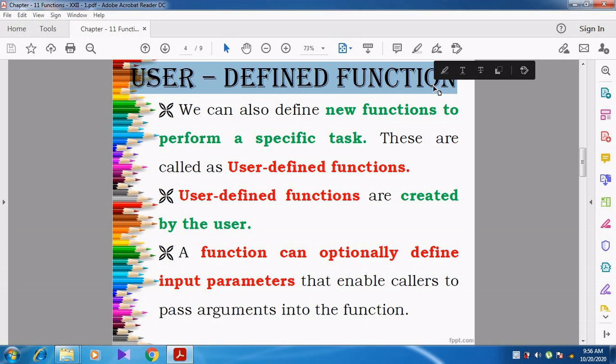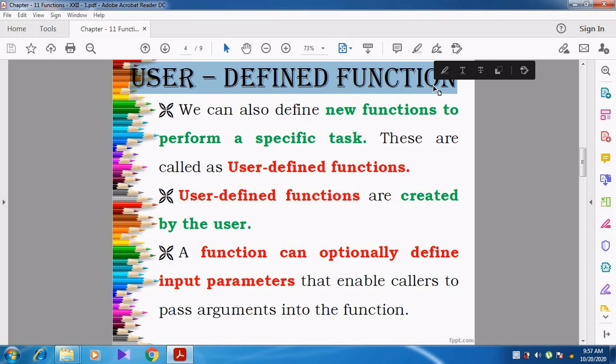Built-in functions, we have discussed a lot of them, such as character functions, getChar, putChar, gets, puts, and string functions also, strcpy, strcat, strlwr, strupr. Like that we discussed a lot of built-in functions.